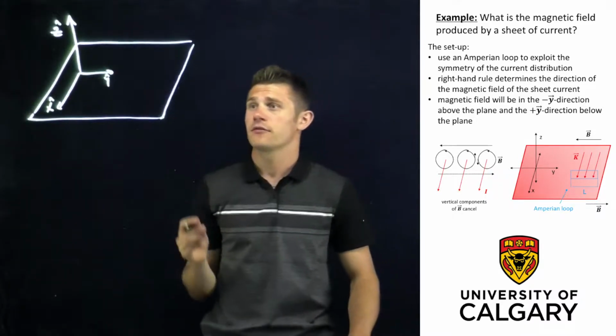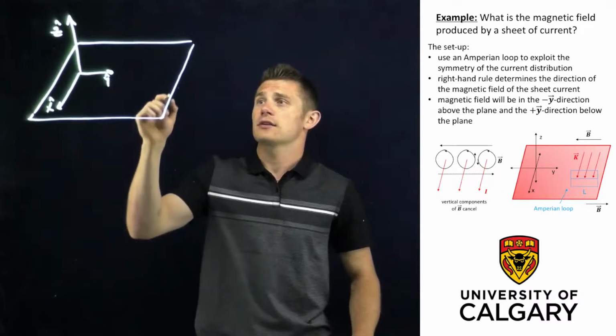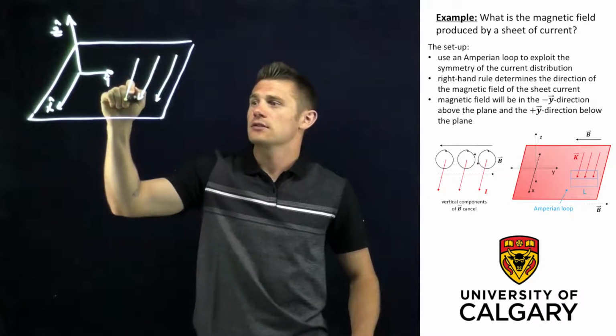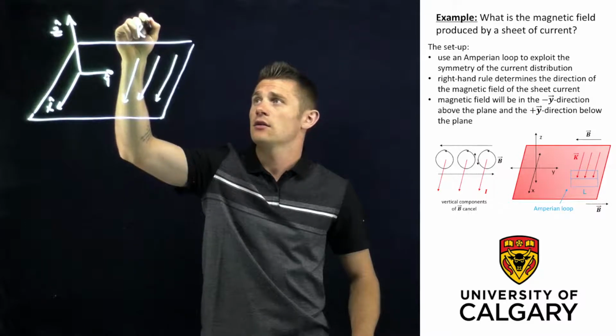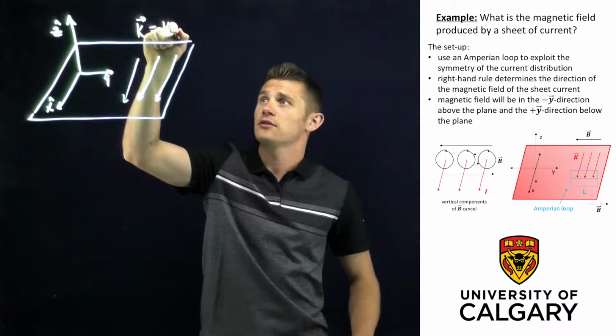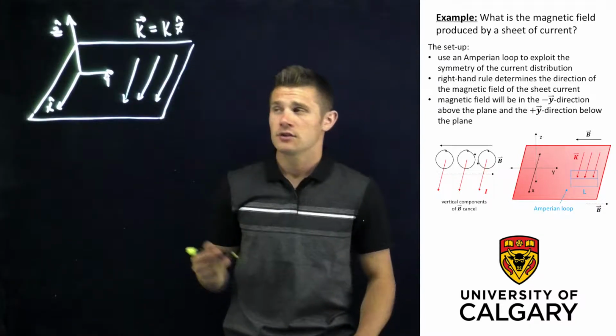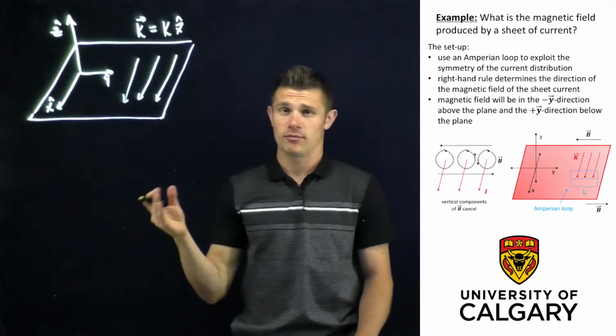And we'll say that our infinite plane here, our wire sheet, has a sheet current, K, and we'll put it all in the x direction. So we'll say that K is our sheet current, and we have the magnitude of K, and it's all in the x hat direction. So the next step is to find out what is the direction of the magnetic field,